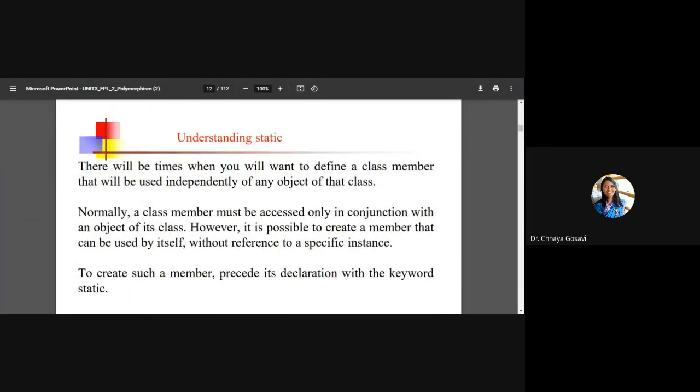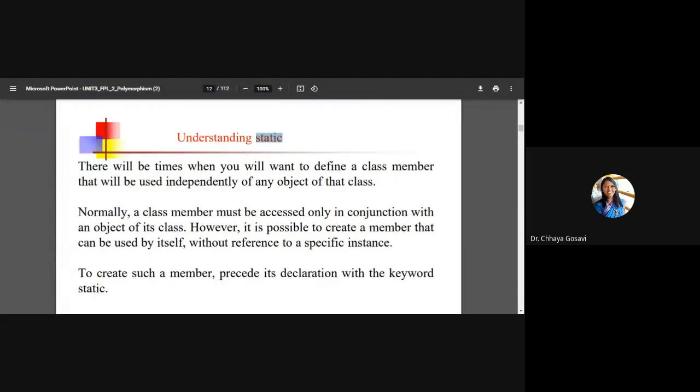The next important keyword in Java, which is also called a modifier, is static. We can use the static keyword not only for variables but also for methods. So we can have static variables as well as static methods. This is like a global variable, also called a class variable. Memory is allocated to this variable in static memory, so it is available to all objects of a class.